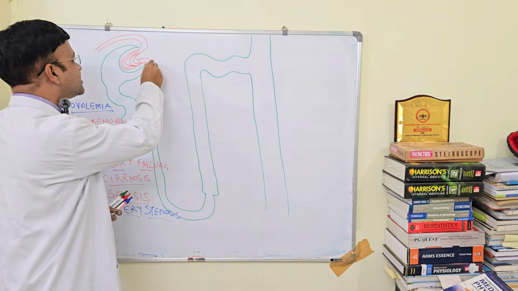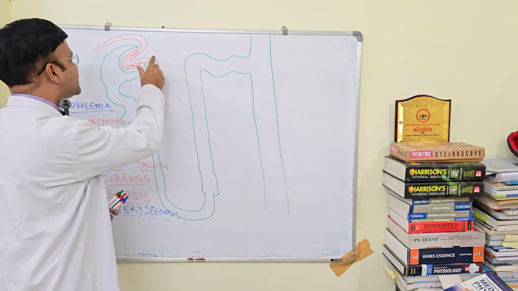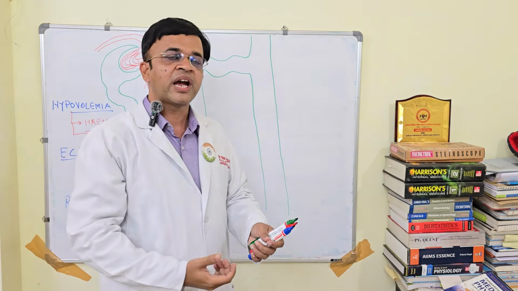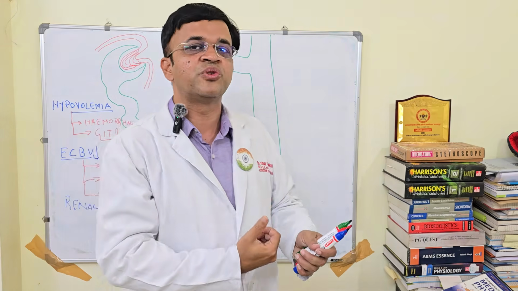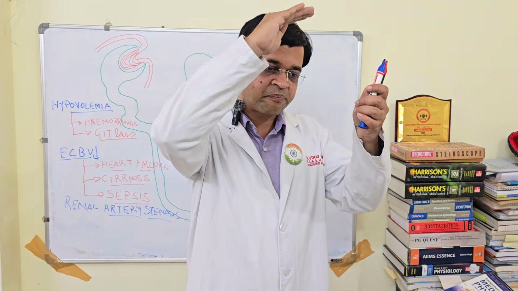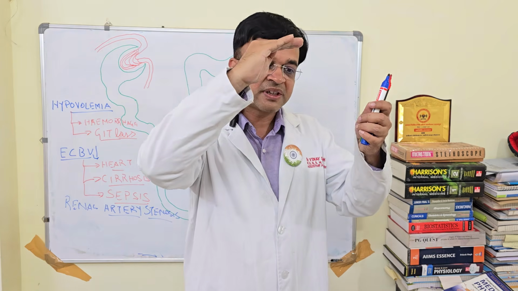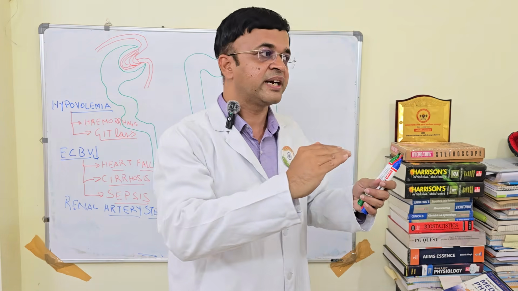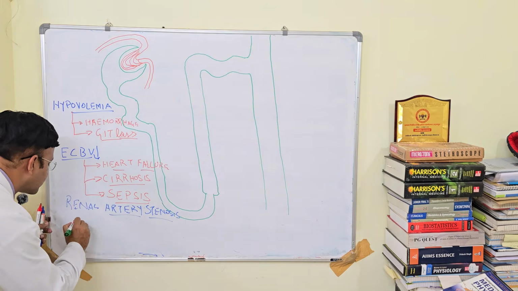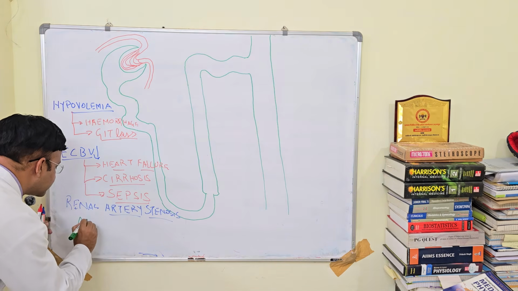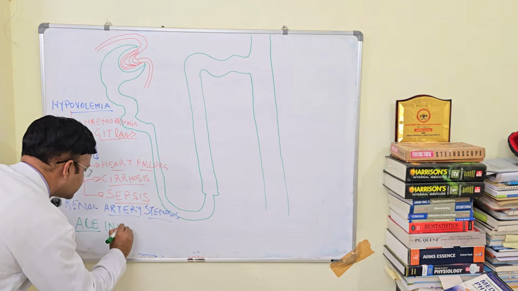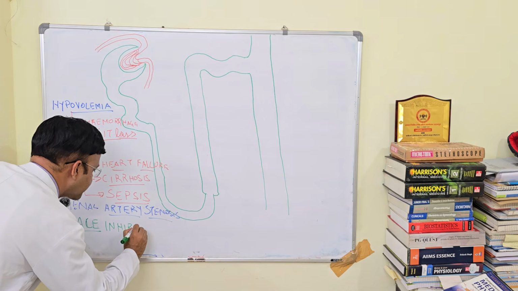What is going to happen? This is going to dilate. If this dilates, this GFR will get further reduced. GFR was already low and you gave ACE inhibitors to a dehydrated patient, right? So the GFR will fall suddenly, okay? So in that case, ACE inhibitors can also precipitate your acute renal failure,